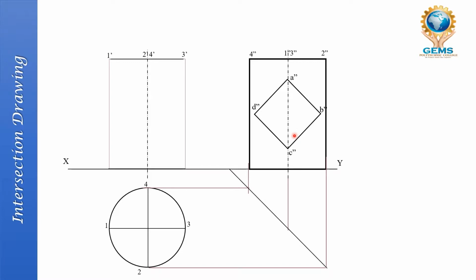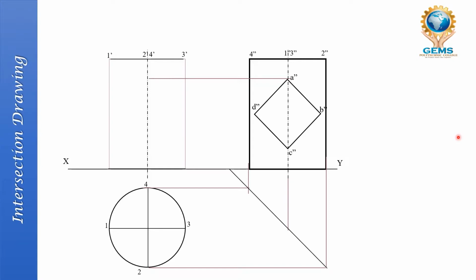Okay. So always don't forget to name the points. It is important. If you haven't named the points, marks can be reduced. So always name the lines, name the points. If it is possible, put the dimensions also. What are the dimensions of each side, if it is possible. Okay.